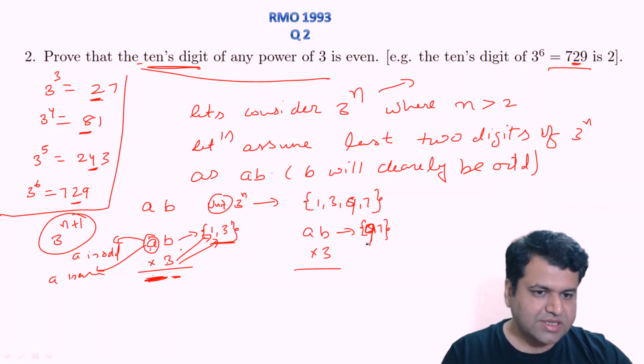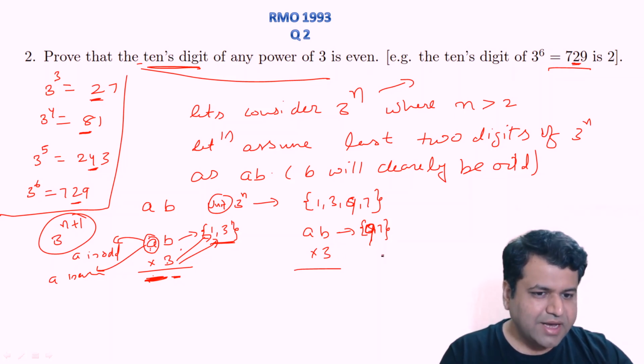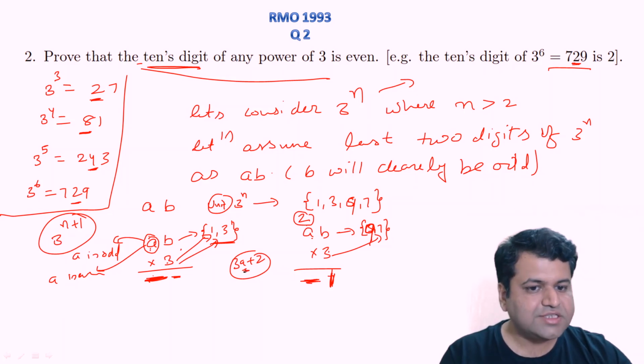Now if we consider this thing, when the unit digit is either 9 or 7, if we multiply by 9, we will get 7 here, and the carry will be 2, right? If you multiply it by 3, there will be 1, but again the carry will be 2, because 7 into 3 is 21, right? Now this place is again 3 times a plus 2. It will be 3a plus 2, and again if a is odd, this tens place is odd. If a is even, then this tens place is also even, right?